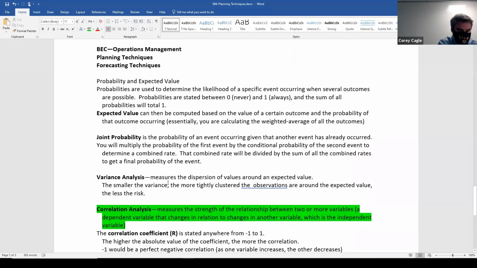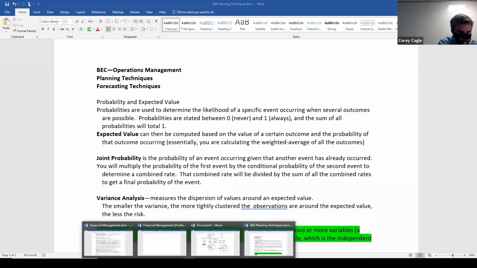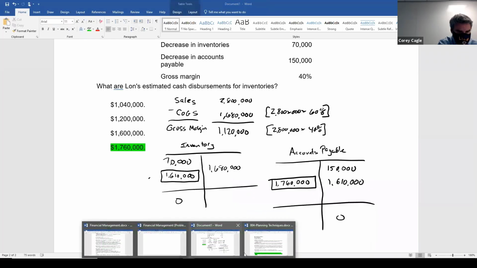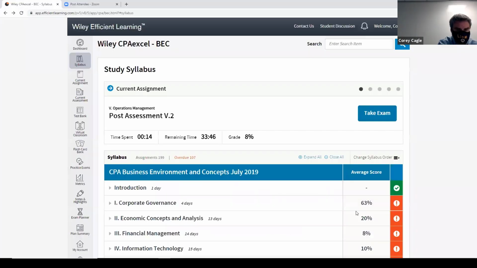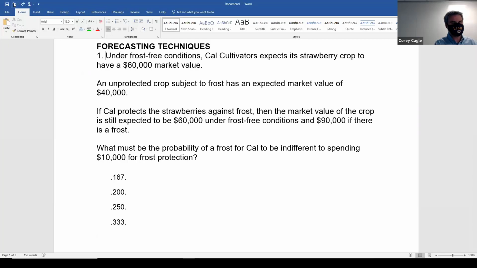And then there's some calculations on probabilities and things that are kind of fun to do, and you can often see questions on those as well. I like this question. This is a good question. Like I said, this is something you're more likely to see on a CMA exam, but very well could see it on a CPA exam. They're fun to do. So under frost-free conditions,